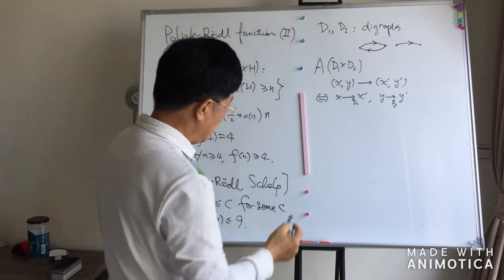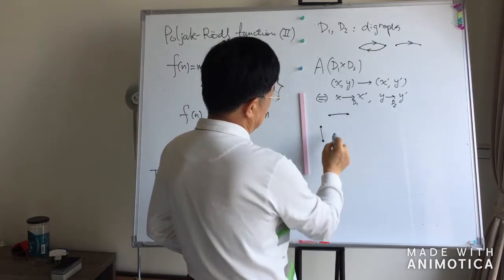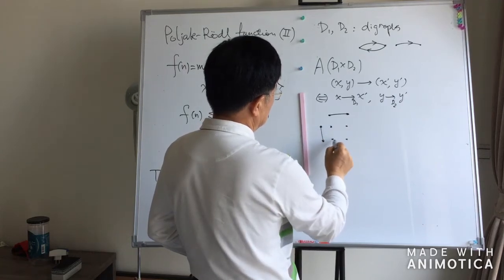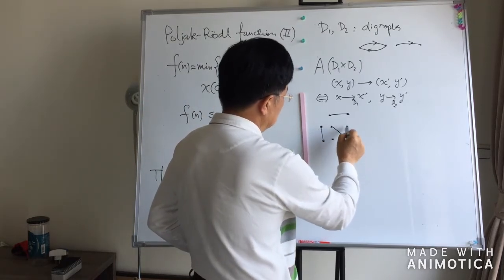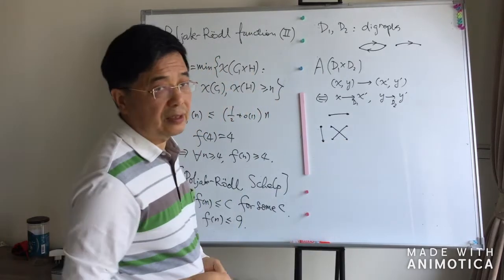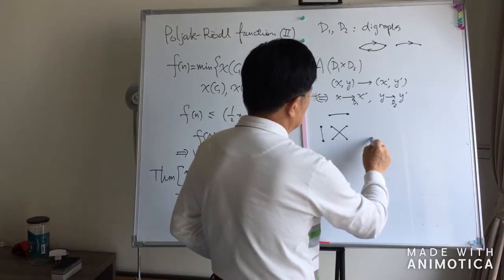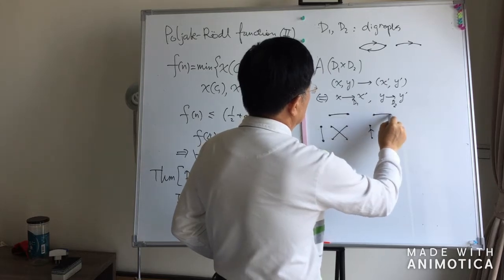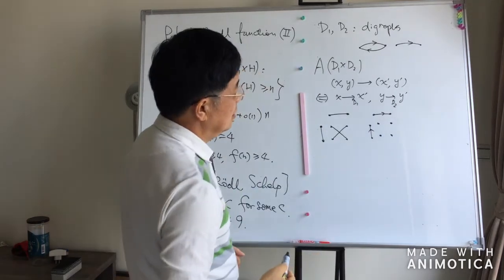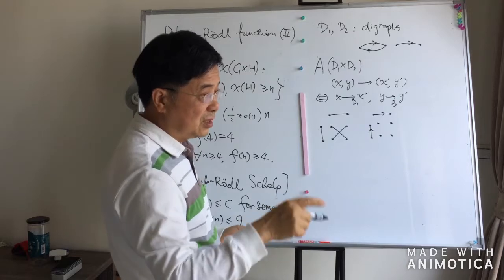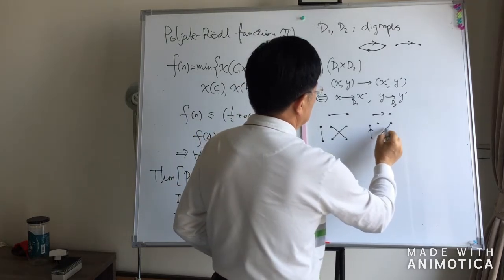Let's compare with the product of undirected graphs. If you have an edge here, you take the product, and the vertices are the pairs of vertices. So there are 4 vertices in the product, and the edges are like this. If both coordinates are adjacent, then the pair is adjacent to that pair. If it's a directed graph and you take the product of a directed edge, there's an arc from the source to the sink, where both coordinates are the source, and both coordinates are the sink. So there's an arc going from here to here. There's no arc